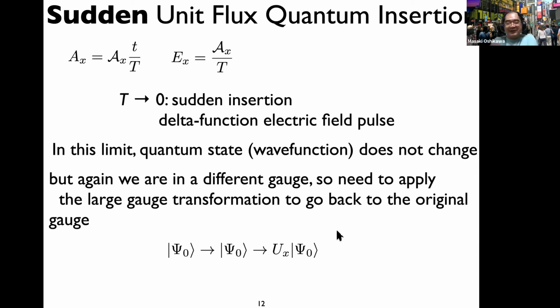But if you consider the dynamical problem, especially in the sudden limit, these two gauges give different physics. If you change the vector potential in the single link from 0 to 2 pi, then you are not doing anything. But if you use the uniform vector potential and suddenly change the total flux from 0 to 2 pi, then you do apply an electric field. So yeah, there are many